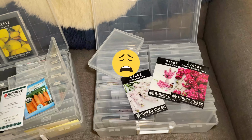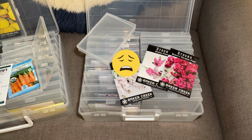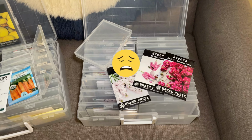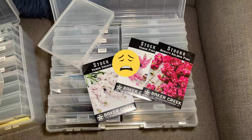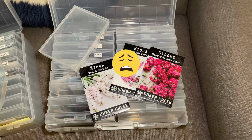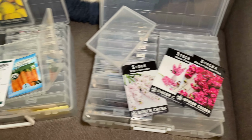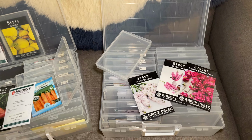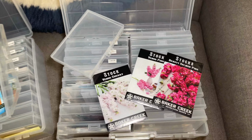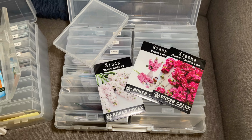I tried to grow the stock last year, and I didn't have very good luck. I tried the winter sowing method in milk jugs, and my germination rate wasn't so hot. Maybe 30% of all the things I tried to grow in those milk jugs worked, but that's okay. It works great for other people, but for me, I am gonna start these seeds indoors